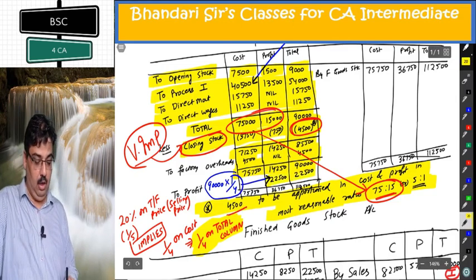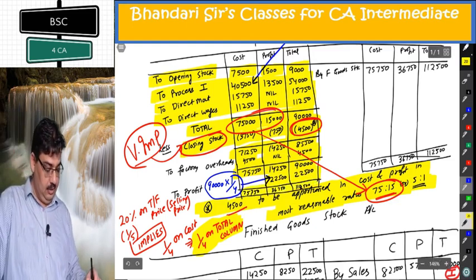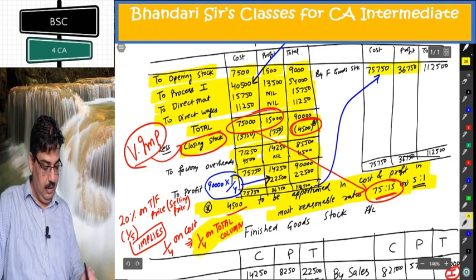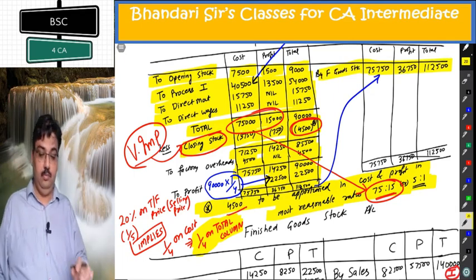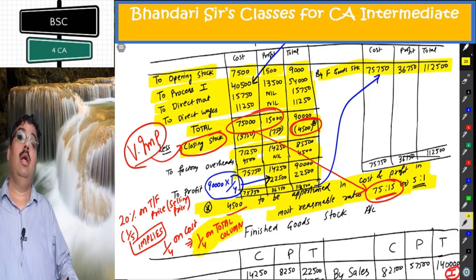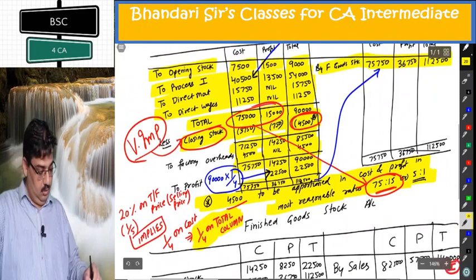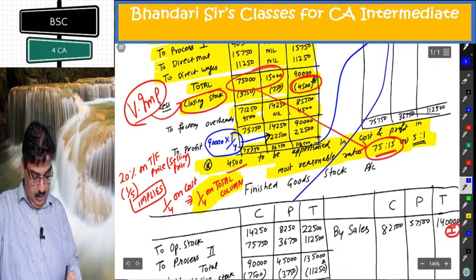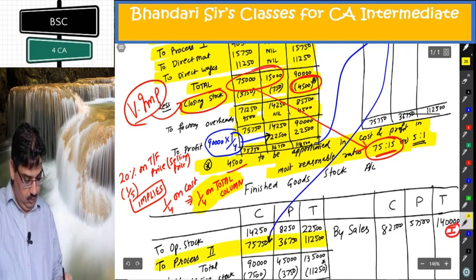Again in profit column and total column. These are aggregates. These aggregates go from here to this, and this will be transferred to finished goods stock. This goes to finished goods stock. We are around the last lap of this question. So I am getting from here, I am reaching this to process 2.